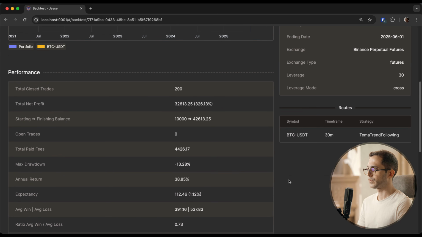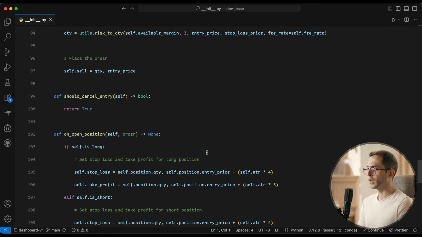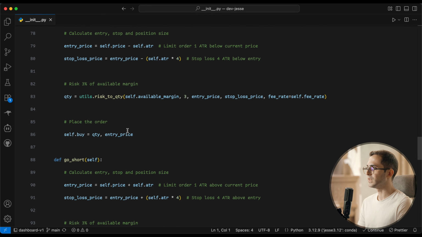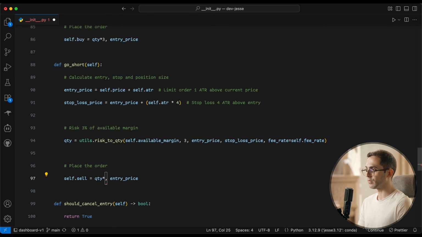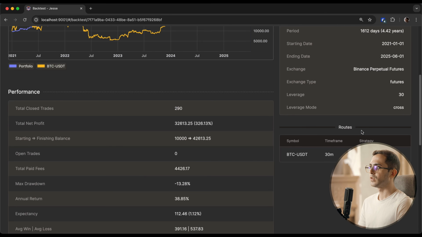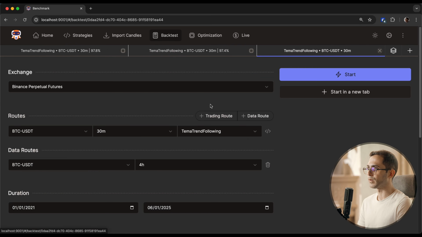And there we go. So by the way, this max drawdown here is really awesome. It allows me to easily add to the size of my position. In fact, let's go here and increase the size of the position with a number such as 3, and also do the same thing in my short positions. So, and if I go to the benchmark page, I can just rerun both of them simultaneously, which is really cool. And you know what, while this is going, let's also duplicate this one, go to here and backtest each